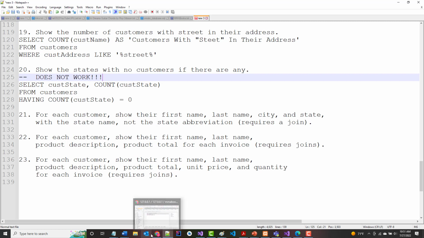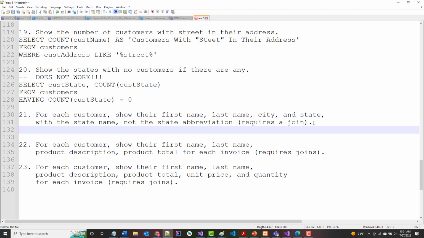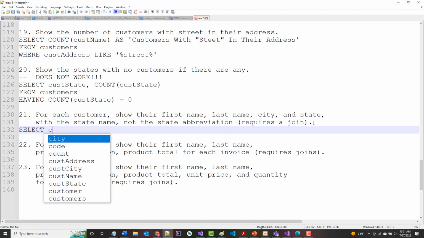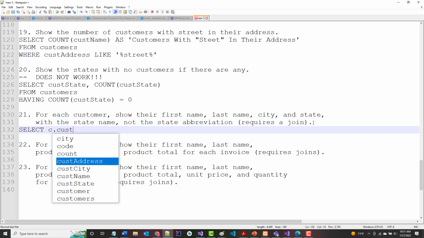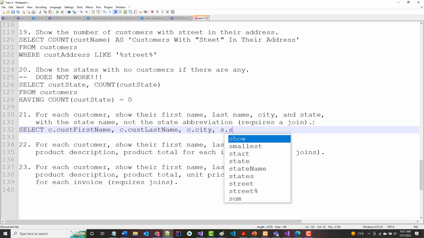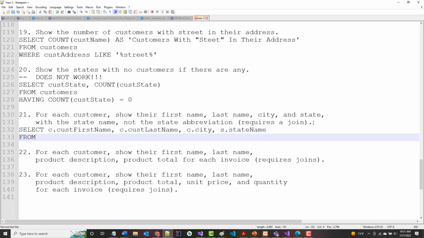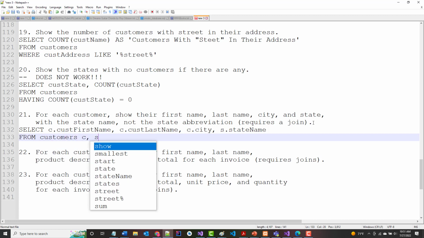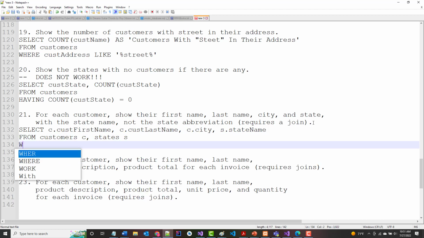So first name, last name, city, and state. I'll just try doing it on here. So we'll start it here. Select, I'm going to say C dot cust first name, C dot cust last name, C dot city, and S dot state name from customers C, states S where